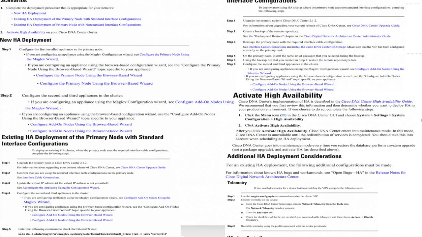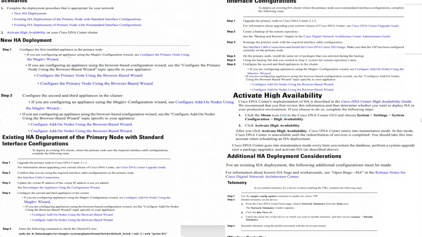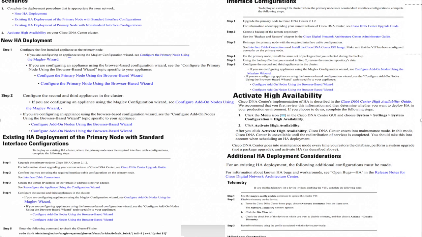After you click Activate High Availability, Cisco DNA Center enters into maintenance mode. In this mode, Cisco DNA Center is unavailable until the redistribution of services is completed. You should take this into account when scheduling an HA deployment.